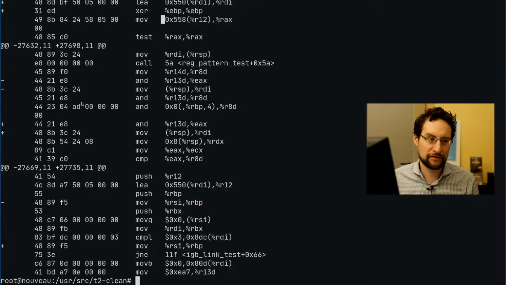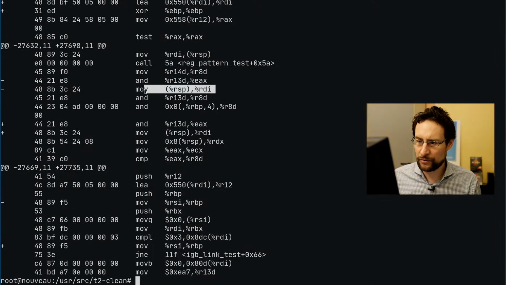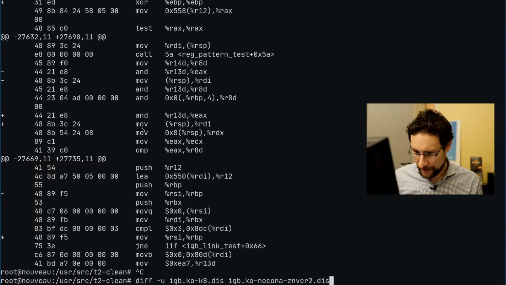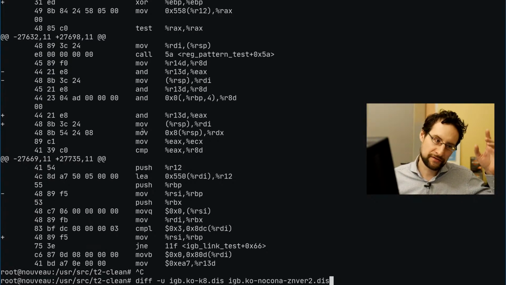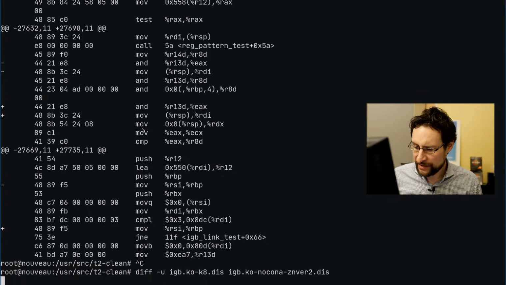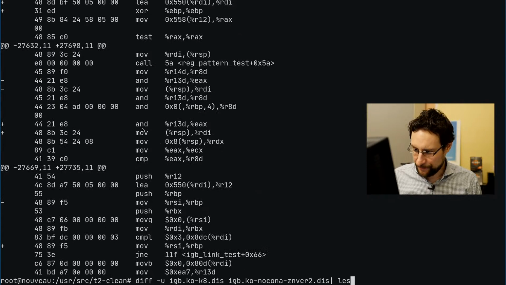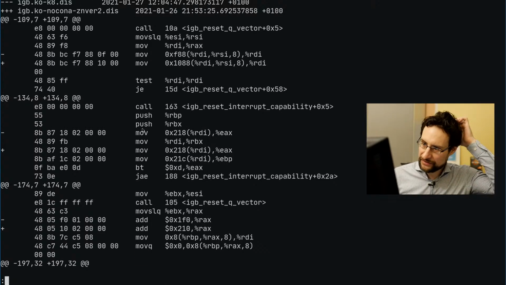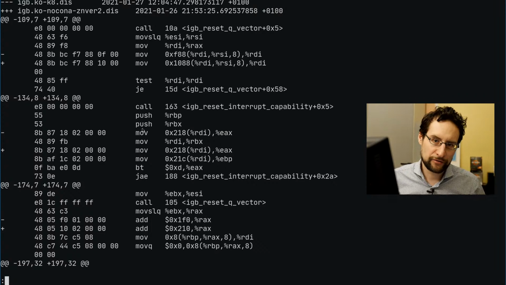Yesterday we looked into the assembly. It was mostly instruction scheduling. This is the diff of K8, which worked, against Nocona, the very first Intel Xeon with 64-bit AMD extensions. I hope you can all read some assembler; if not, see the previous videos on instruction set architectures.